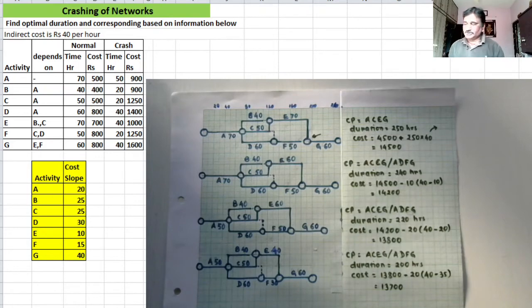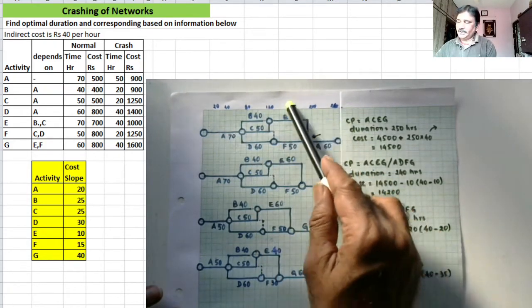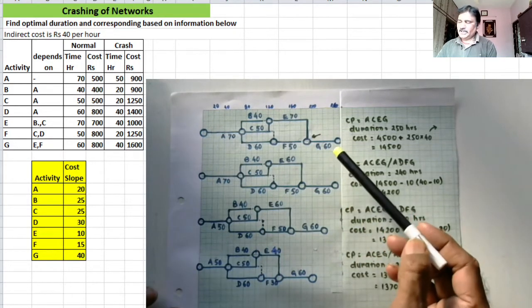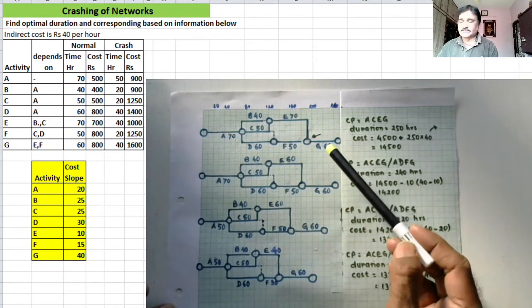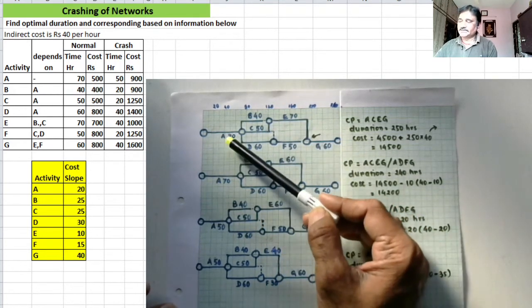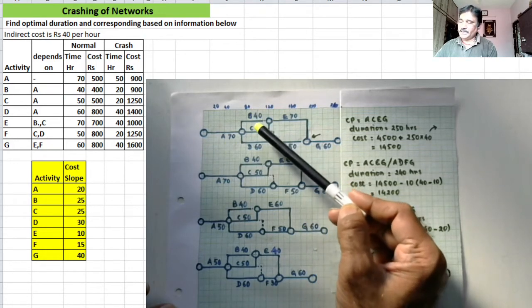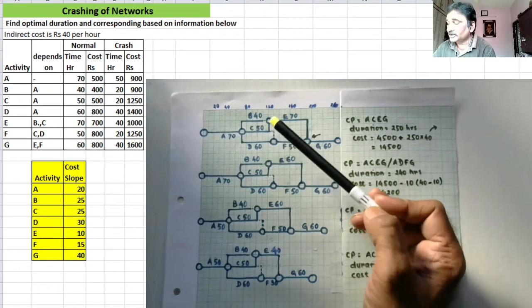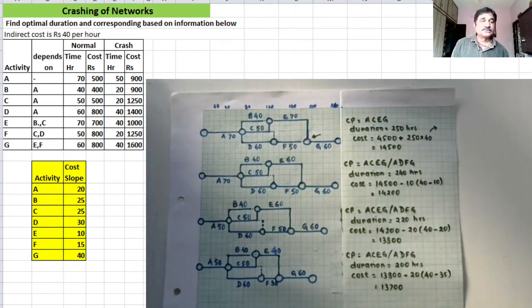Just consider this time-scaled version of the network as a certain mechanism in which you consider these as sliding rods with the resistance equal to 70, 40, 50, 60. Sorry, these are not the resistances. Resistances will be the cost slopes. So I will be indicating the cost slopes directly on the diagram so that we can make all the decisions based on the diagram. I'll be marking the cost slopes in a different ink, a different color.